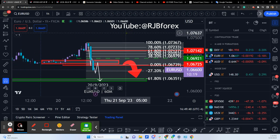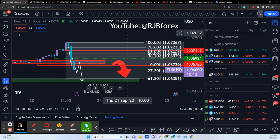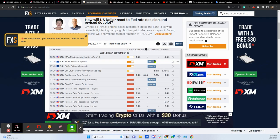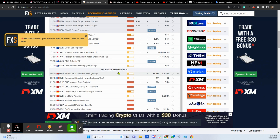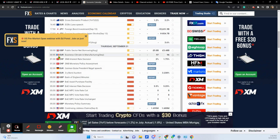A good question from a trader was asked, what events are coming up that could jolt the dollar even higher? So we've got the Bank of England. What we're relying on now in terms of fundamentals is the divergence between the central banks. So we've had a dovish European Central Bank, and we're now waiting to see what we get from the SNB, the Swiss National Bank, and the Bank of England, and also the Bank of Japan that's coming up later this week. So for the day ahead, Thursday, we get the SNB over here, Switzerland. We get the Bank of England,